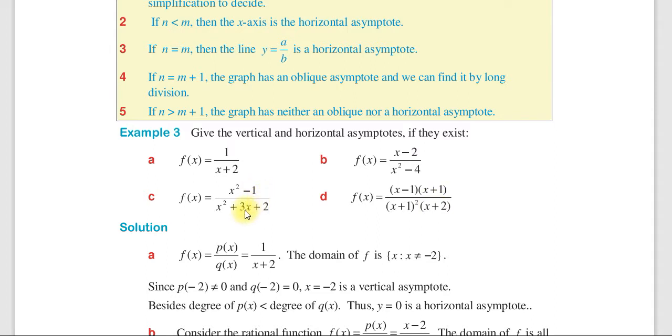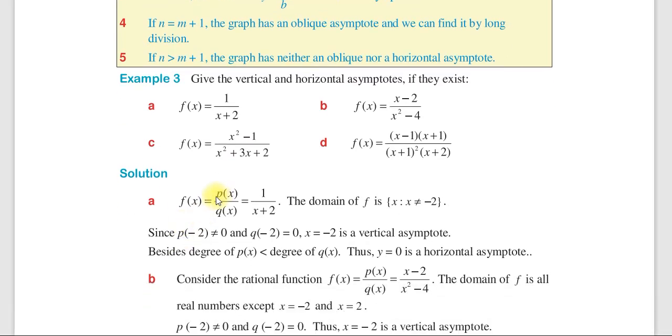ነው የምንፈልገው። a ላይ f of x ማለት p of x over q of x ነው which is 1 over x plus 2. The domain of f is all real numbers without minus 2 ነው፣ minus 2 ዲኖሚኔተሩን 0 ሊያደርግ የሚችል ስለሆነ since p of minus 2 is different from 0። ያ ማለት a ማለት ነች minus 2፣ ስለዚህ p of a ስናረጋግጥ ከ0 የተለየ ከሆነ ስንል ነበር፣ ስለዚህ minus 2 ስናስገባ ከ0 የተለየ ነው።